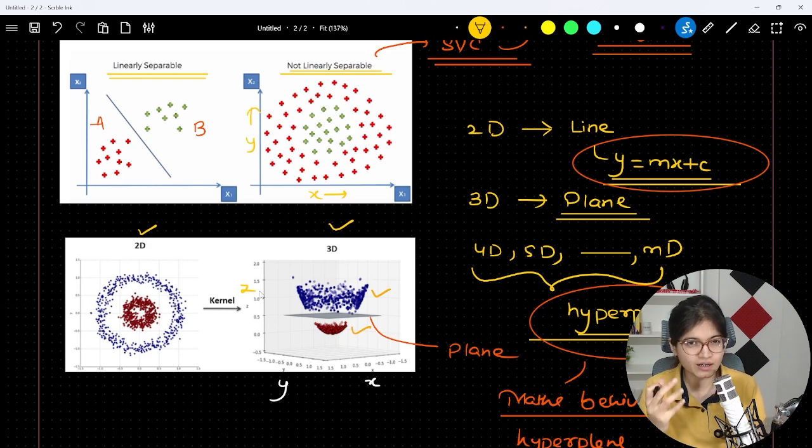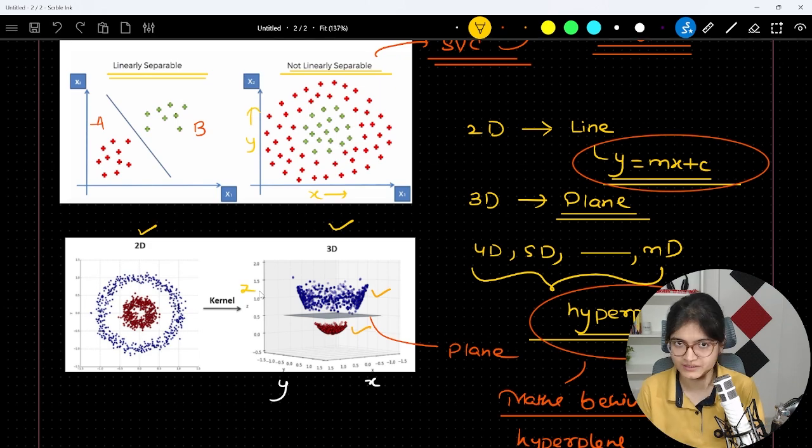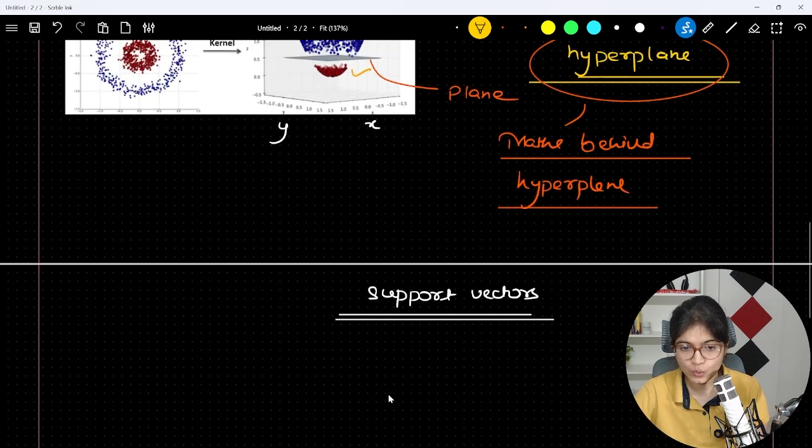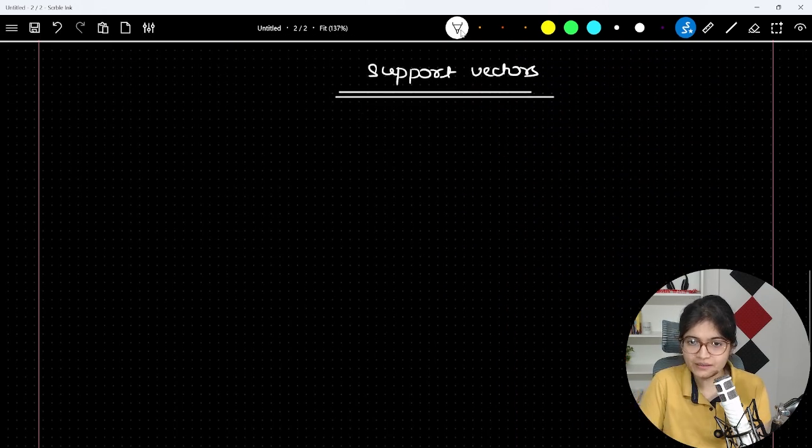So you should be good in terms of visualization. Whatever things I want to convey, maybe listen to it very, very carefully. Then only you will be able to understand the context, right? So what is happening is, for example, when we're talking about higher dimensions, as you now clearly understood,